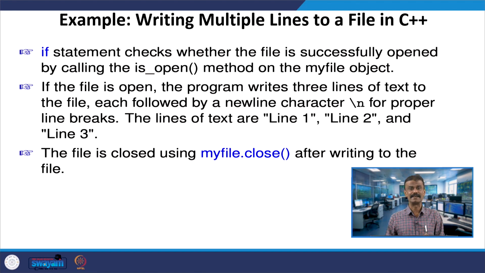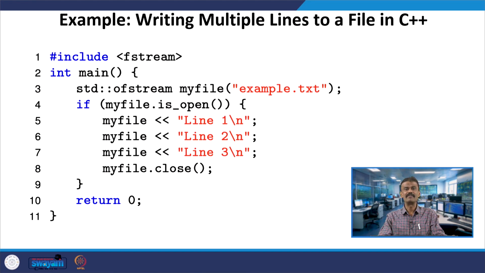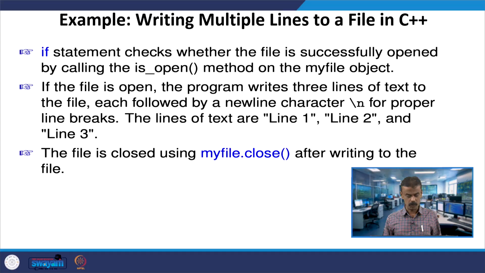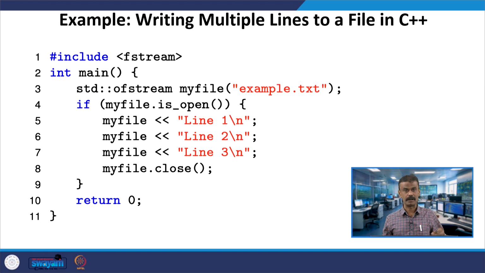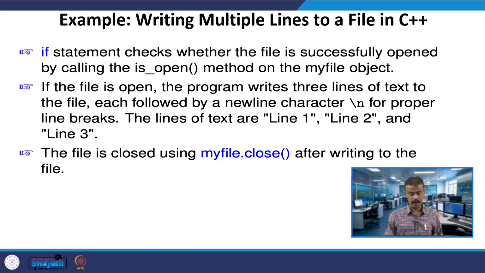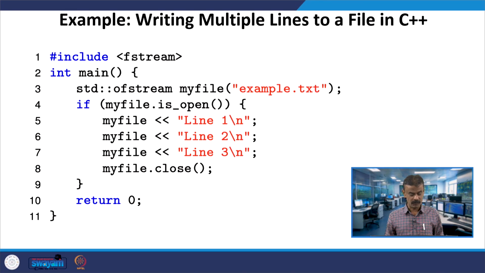You can see the new line is appearing. In Java we had seen, alright, without new line, we have also written multiple lines without new line, if you recall, right. Then it is printing in the same line. Now, here in this case we have \n, so we are getting the output. When you open the file, we have got line 1, line 2 and line 3, and once it is over, the file should be closed. That means, my file should invoke close. So, it will be closed, right.